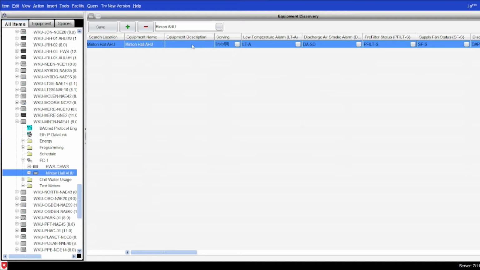I can change the equipment name and things like that, and you need to do that especially if you have a system where you have two systems on one controller. For example, if you have a hot water system and a chilled water system controlled by the same device, you would want to go up and add a name for each of those. Even though it's tied to the exact same equipment, you would want to build one equipment definition for the hot water system, build another equipment definition for the chilled water system, and then